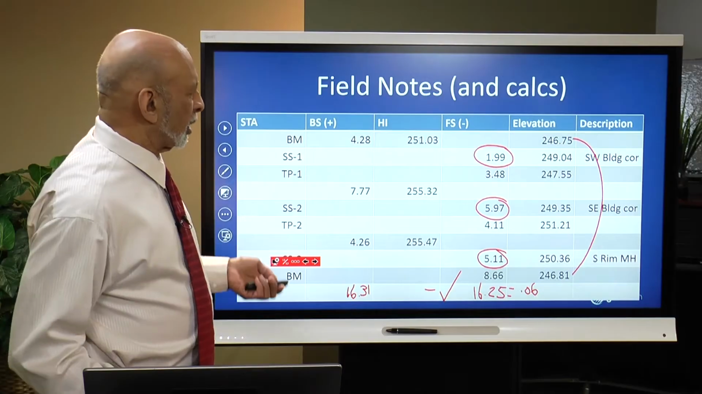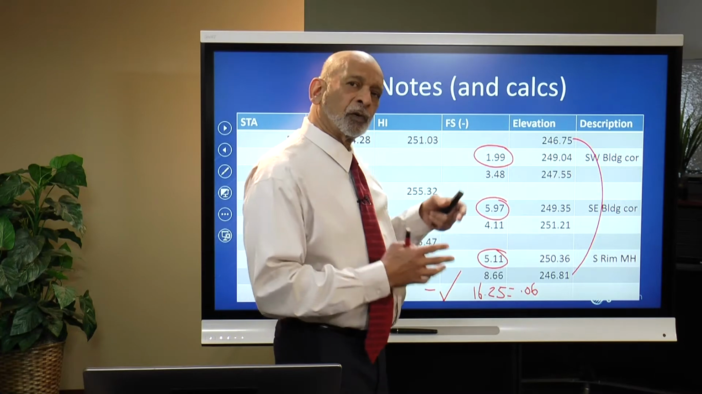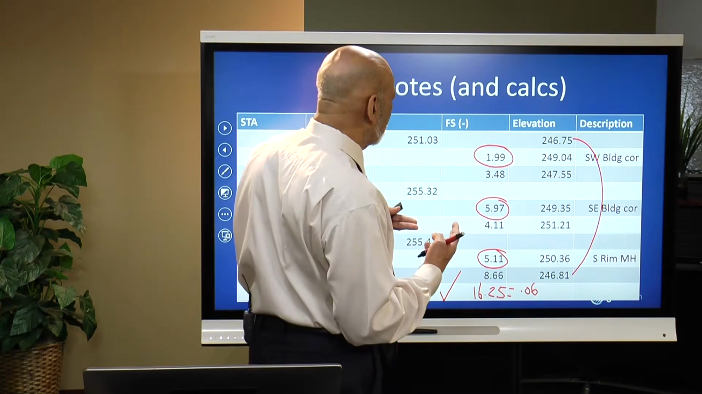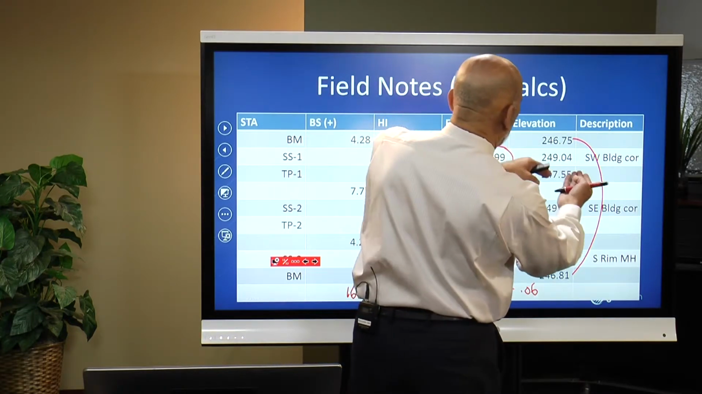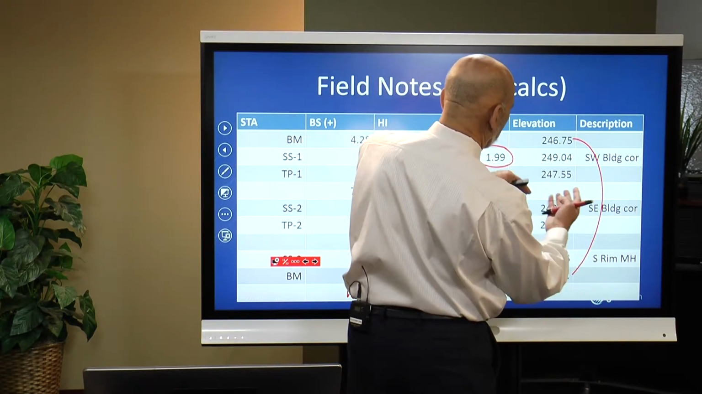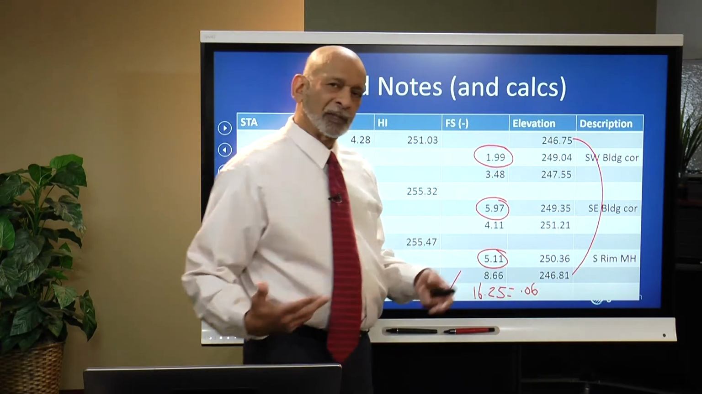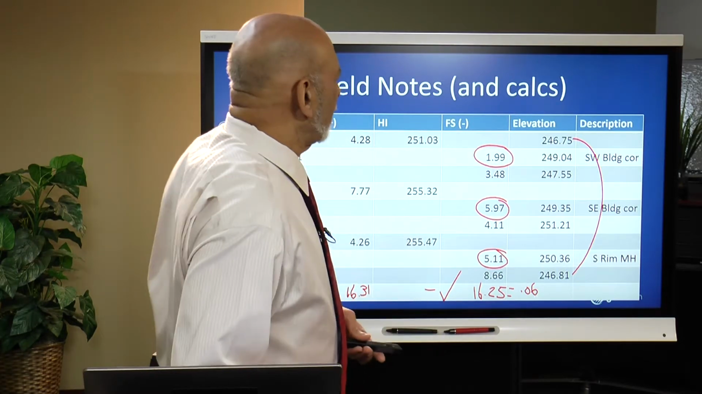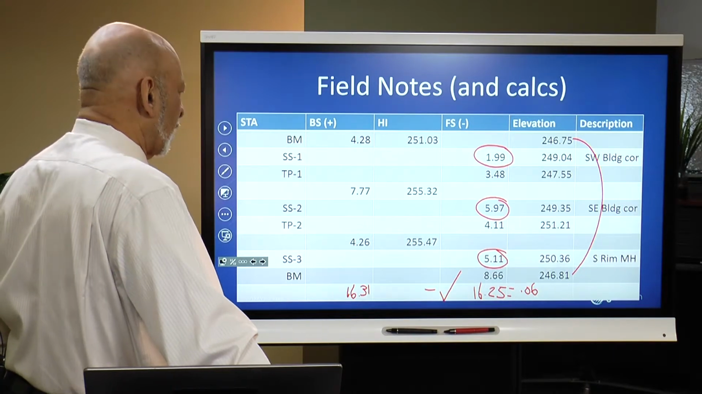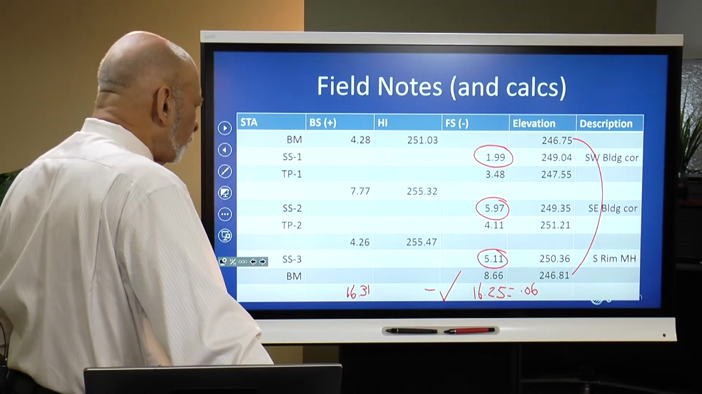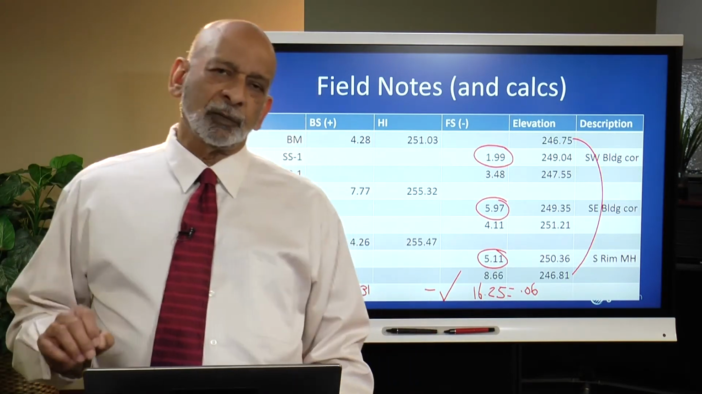We can't really check our intermediate foresights. Now, if we had done what I had suggested before, that from a separate setup we observe those side shots, then you could actually compare, because you would have a 249.04, and then from a different setup, maybe something exact like 249.04, maybe within a hundredth of a foot or something like that. And you can then decide you're going to average them or whatever it is to decide on what you're going to use. But doing the math check is essential, and do not assume that your field work is done until